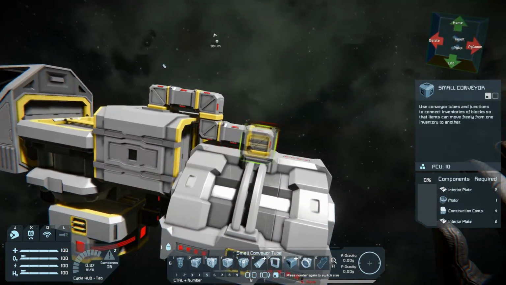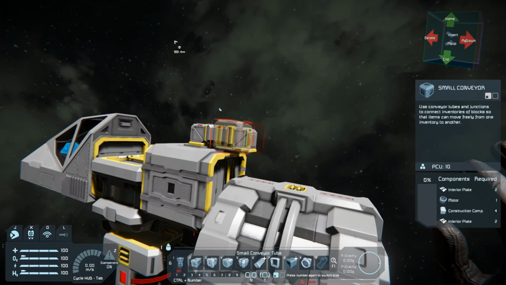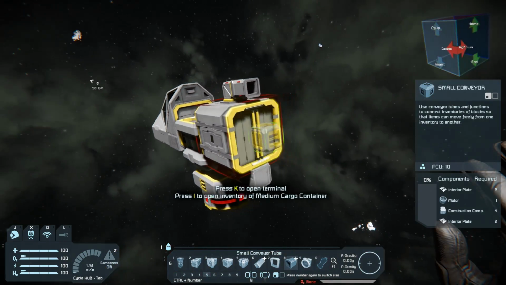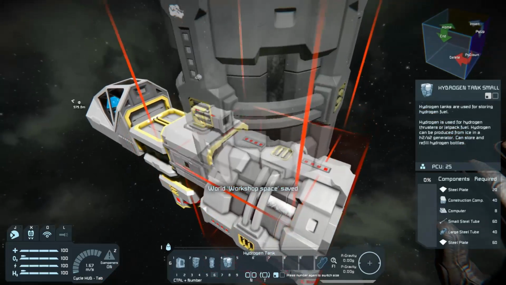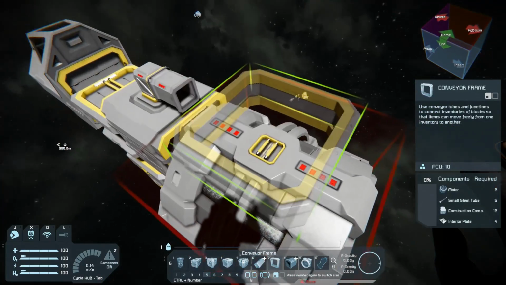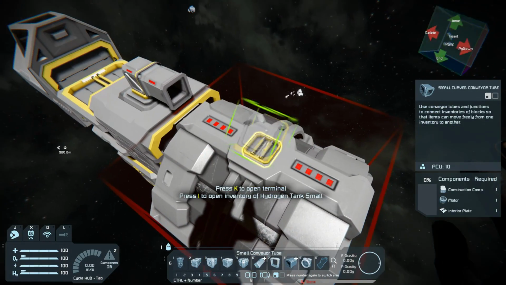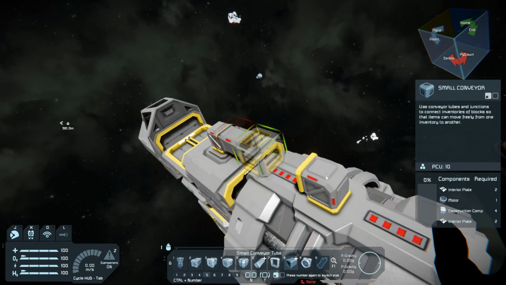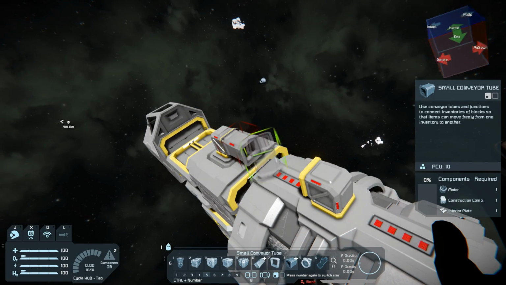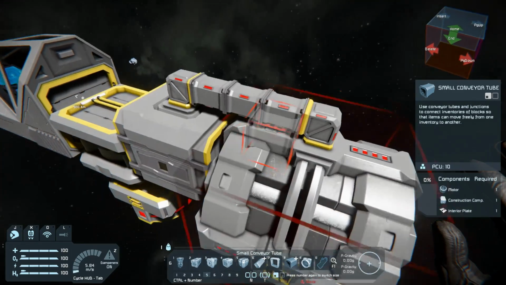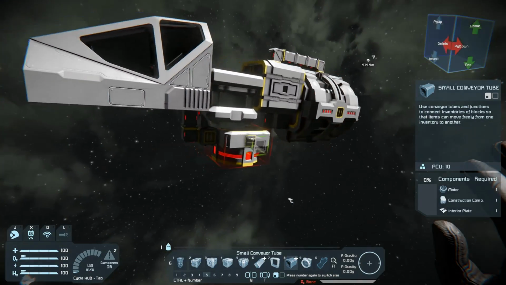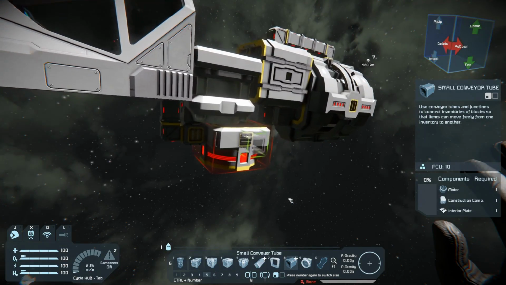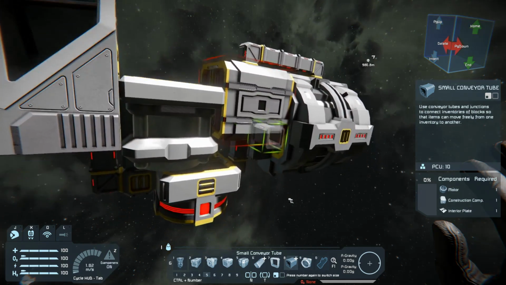And now that I think about it, we're going to move this back up just a little bit. Just like that. Might as well. It'll also help with the aesthetics later on. Just like this. Now for the final bits, I attached the conveyor on the front bottom there to attach some